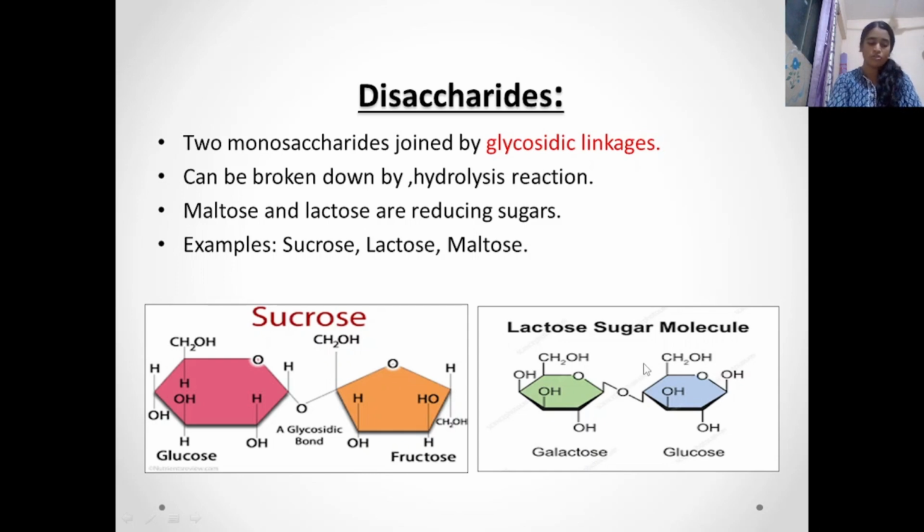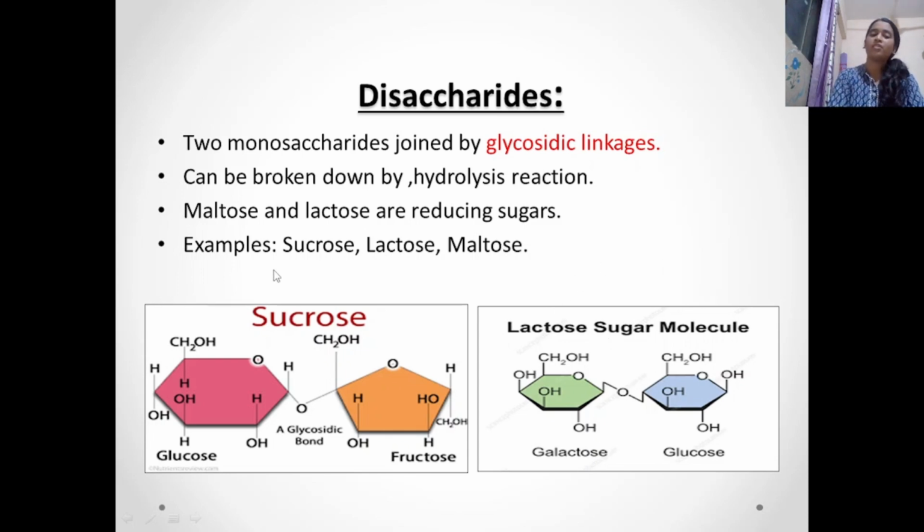still it is a reducing sugar because it contains a free anomeric carbon, which allows this lactose molecule to act as a reducing sugar. So, what exactly is an anomeric carbon? An anomeric carbon is a carbon in the sugar that is an aldehyde or ketone in the open chain structure and becomes a stereo center in the cyclic form. So that is why lactose and maltose are also called reducing sugars.